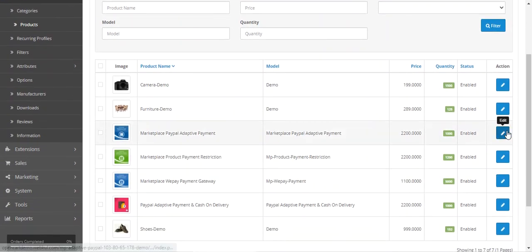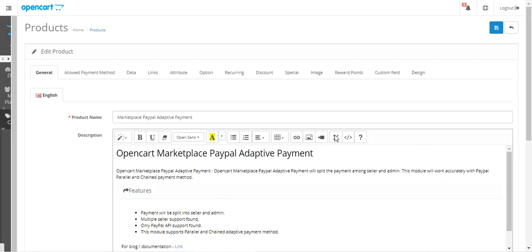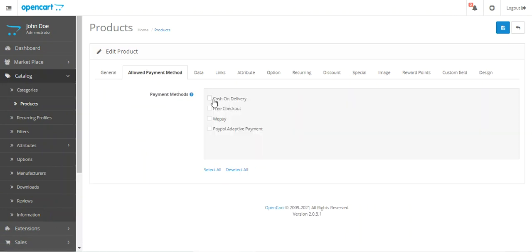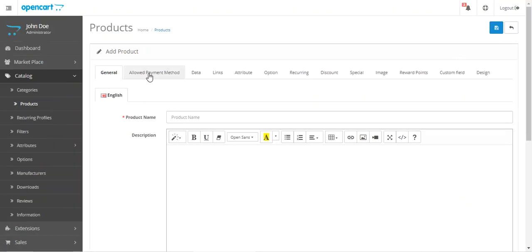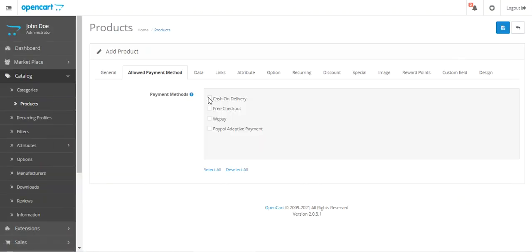For that, he'll have to tap on the edit button for his particular product, go to the allowed payment methods, select the payment methods for his particular product, and then tap here on the save button. The same can be done for a newly created product by the admin. If the admin adds a new product, he'll have to navigate to the allowed payment methods, select the payment methods that should be enabled for this particular product, and then tap on the